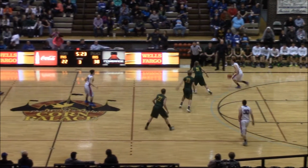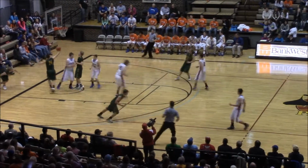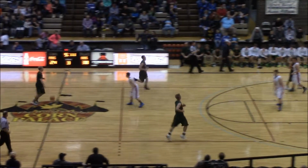Roncalli in full court pressure after the Parkston timeout. Ty Kinnenberg will bring the ball up the floor, gets it middle of the floor for Kyle Schnabel. He'll attack to the basket, gets it to Lucas, who passes off to Wescanant, who lays it up and in. Nice pressure break there by the Trojans to break that one down, and now Roncalli will come back the other